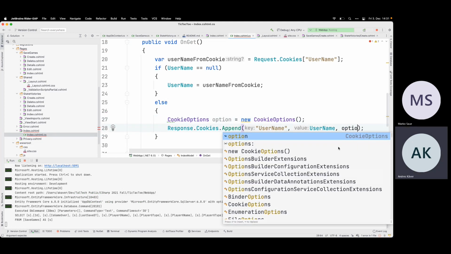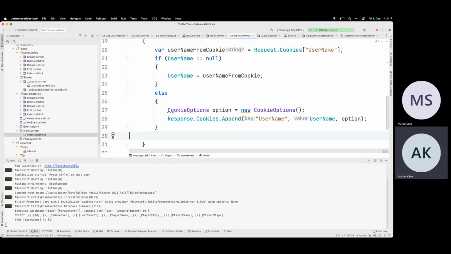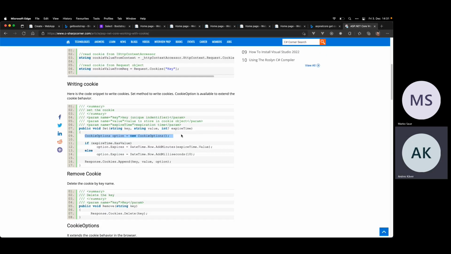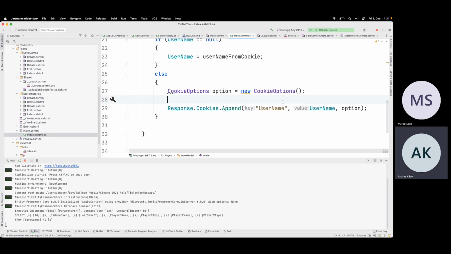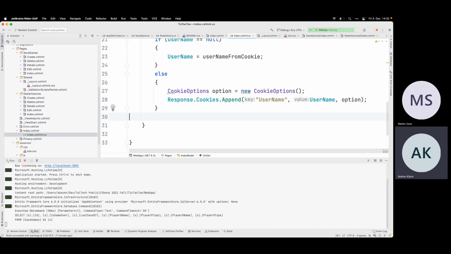And probably I don't care, so I can just say no options. Okay, maybe the expire time is kind of like, I know, has value, so it doesn't expire never ever. Yep. So just use empty options.